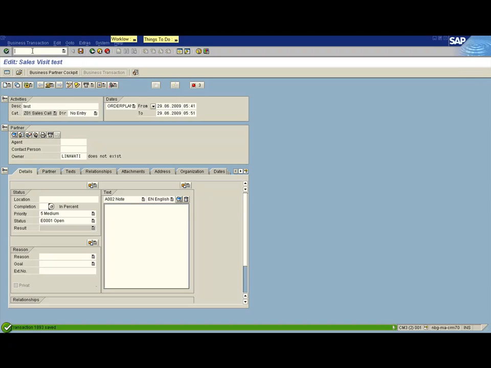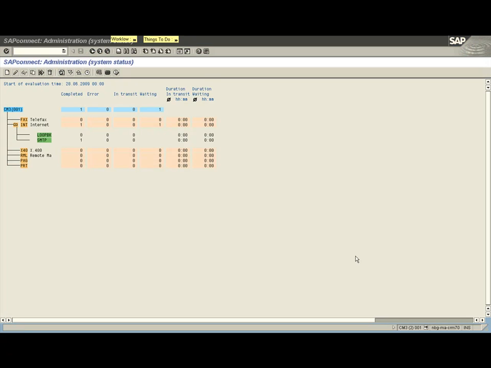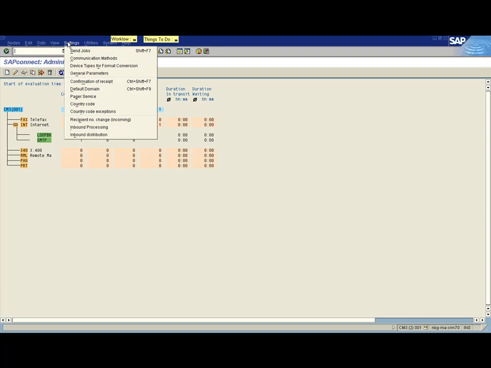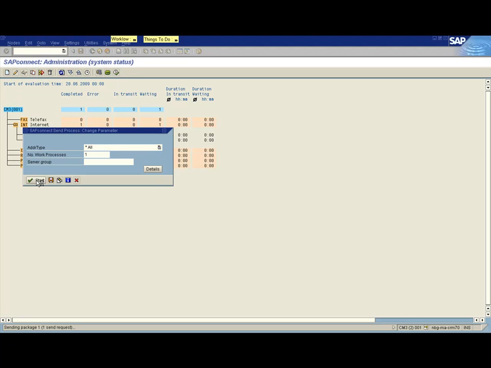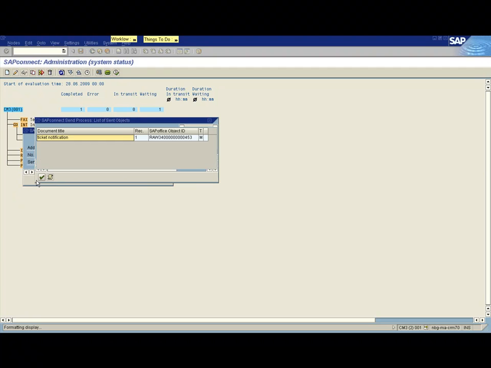Okay, and go into the transaction SCOT, that is the SAPconnect. In the SAPconnect transaction, you can see that there's one transaction waiting. Usually the SAPconnect has a background job that automatically executes this. But for this tutorial, I want to make it fast to send the email, so I just execute it to all, and you can see there's one send process